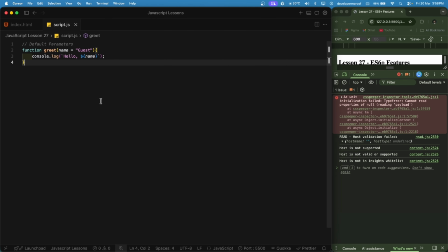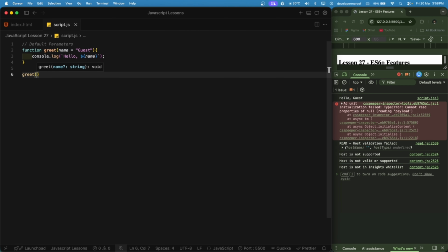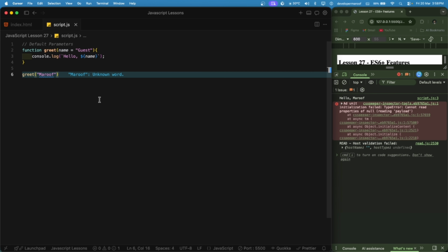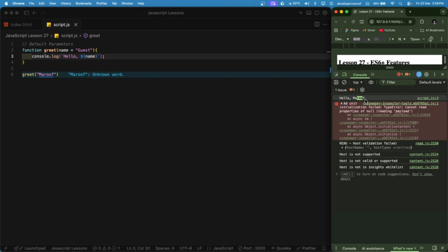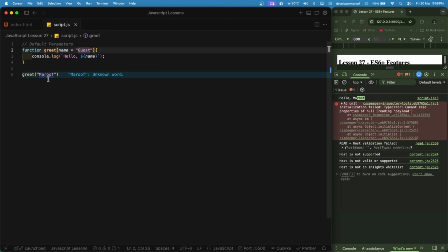And now let's invoke it to see its value. Let's say greet and our brackets. So inside that we can pass any argument. Let's say we are passing the name is Maruf. So we will get Maruf here. As you can see, hello Maruf. So it is ignoring the default value because we have provided the name here inside the arguments of our greet